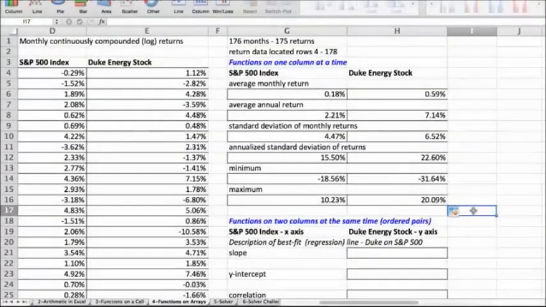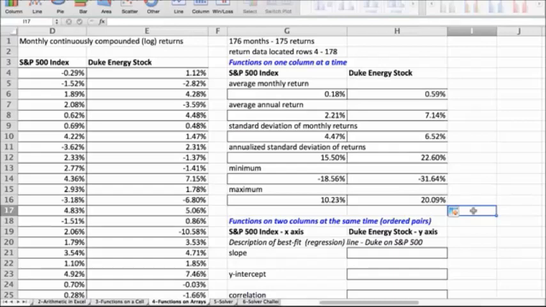Next, we will look at Excel functions that are designed to operate on two columns of data or two rows of data at the same time. In other words, they're designed to operate on ordered pairs. Okay? So let's assume that our